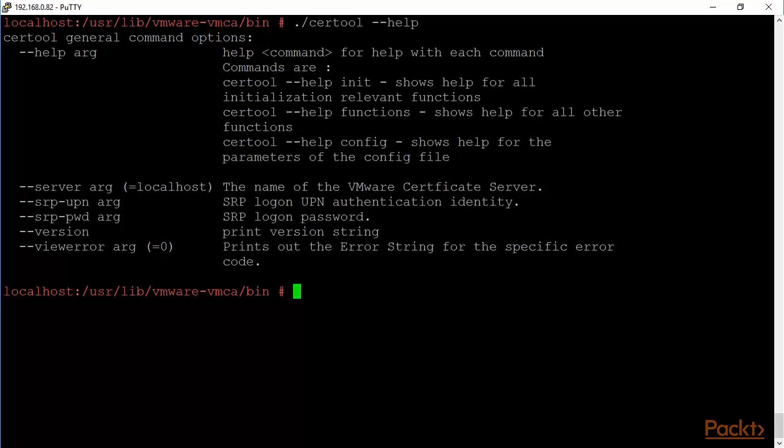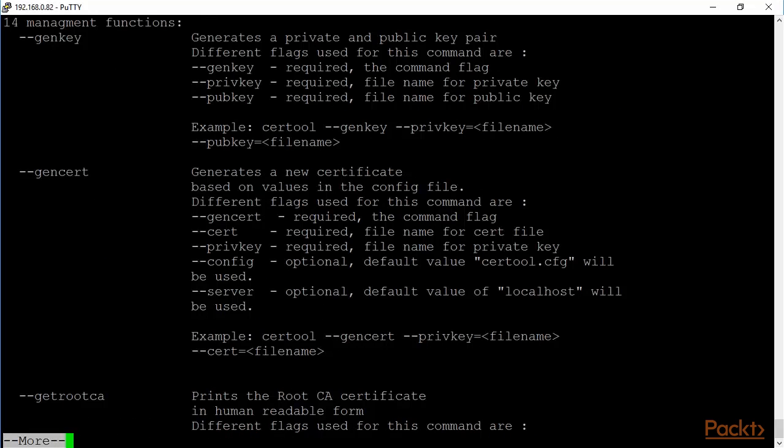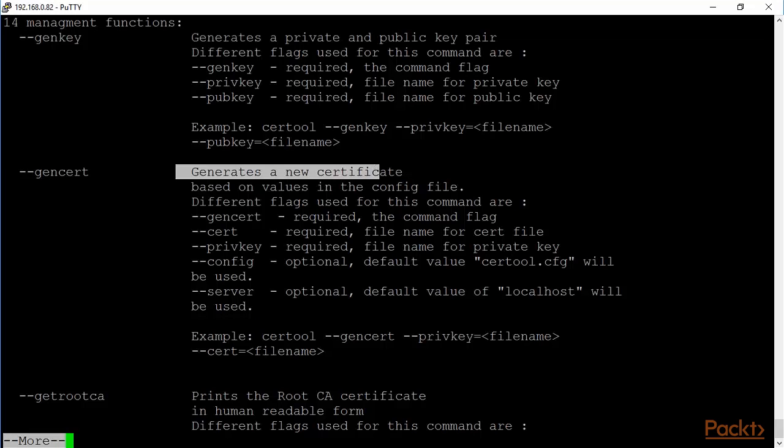Let's do certool --help and then functions. So it's a kind of a difficult thing to look at here. So we just do a more. Here we are. There are 14 management functions. You can generate a key, you can generate a private and a public key pair, you can generate a new certificate, you can get the root CA,